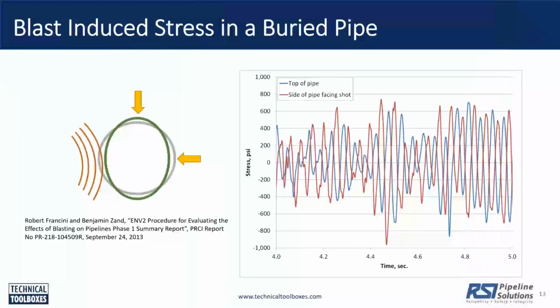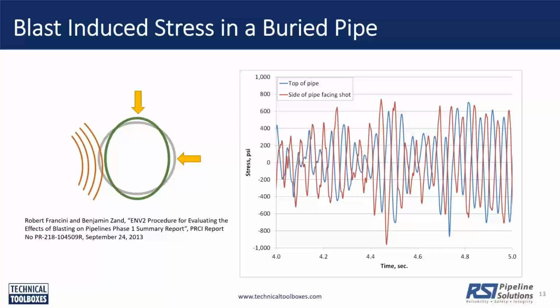And the next slide shows you basically what is the primary mechanism of stress creation in a buried pipeline. When a wave interacts with a buried pipeline, there are different movements in the pipe. There is a longitudinal bending, there is an axial stress, there is a hoop stress. All those stresses actually get generated in a pipe. But the primary stress is the ring stress, a through thickness bending. And the figure here shows schematically the mechanism.